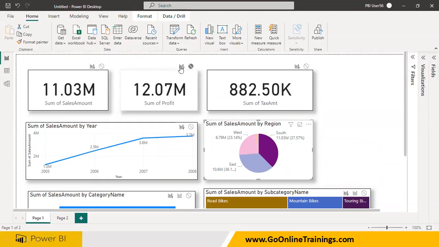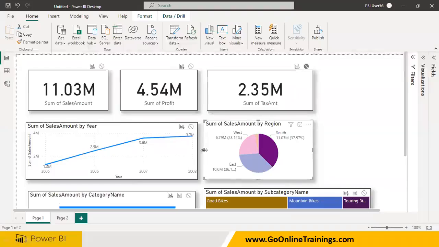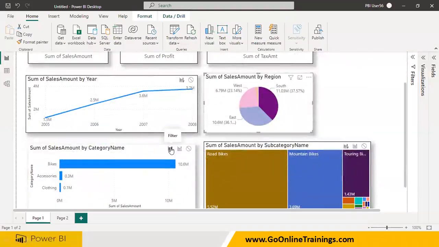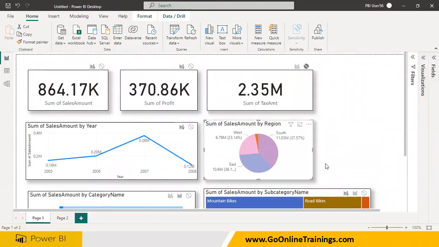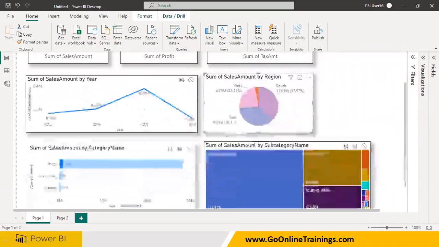So you can do like this. Now, instead of filter, now I wanted to highlight. Now when highlight, this is the one that is going to be happening. Clear? So for this visual, whenever I click on this visual, the remaining things have to interact. Or when I click on this visual,